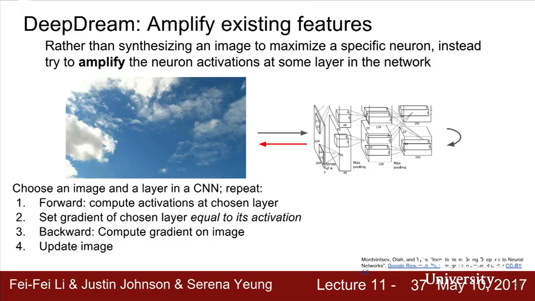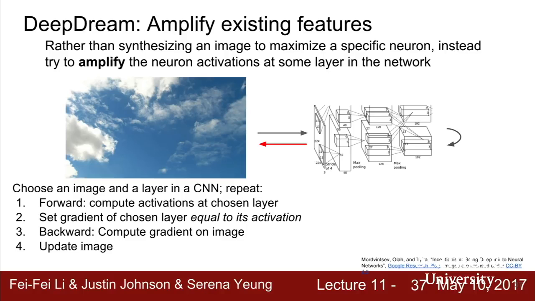So another cool thing we can do with this gradient-based optimization of images is this idea of Deep Dream. This was a really cool blog post that came out from Google a year or two ago. We talked about scientific value; this is almost entirely for fun. The point of this exercise is mostly to generate cool images, and as a side, you also get some sense for what features these networks are looking at. So what we can do is take our input image, run it through the